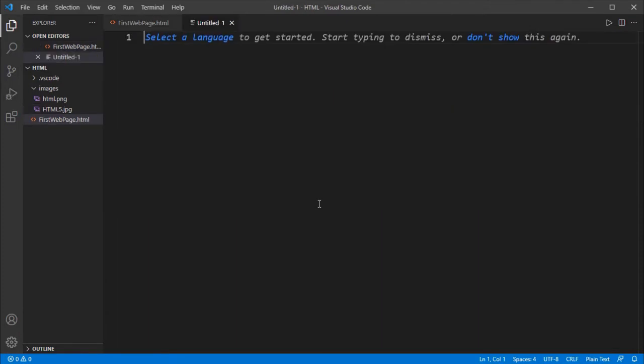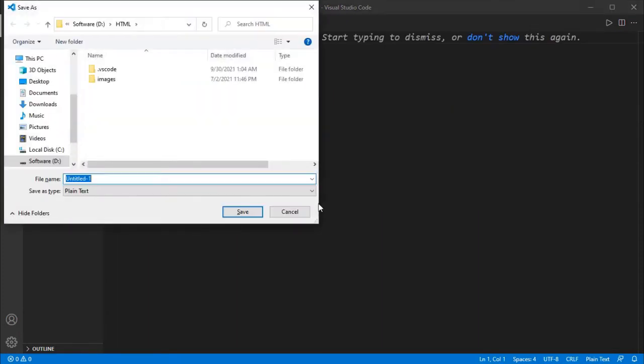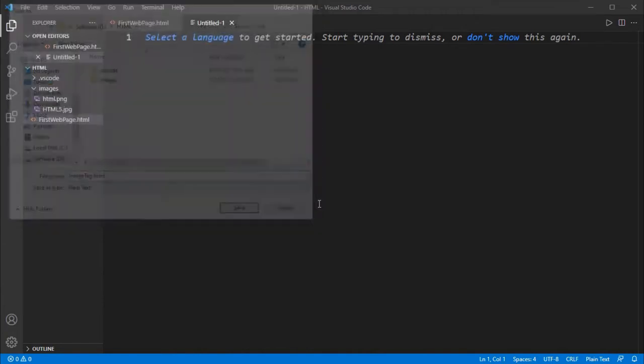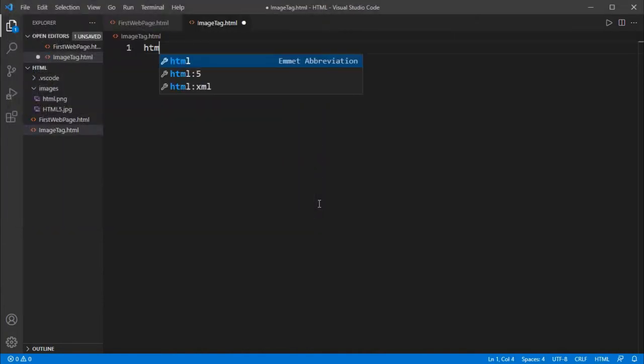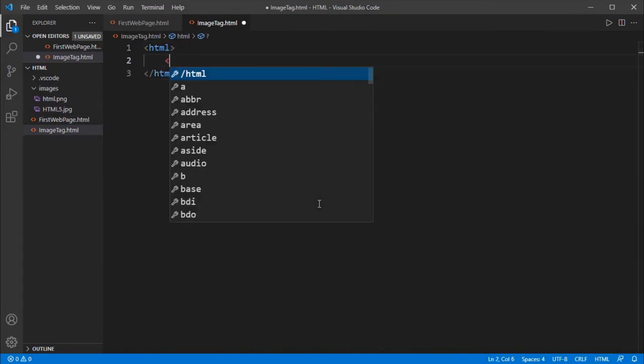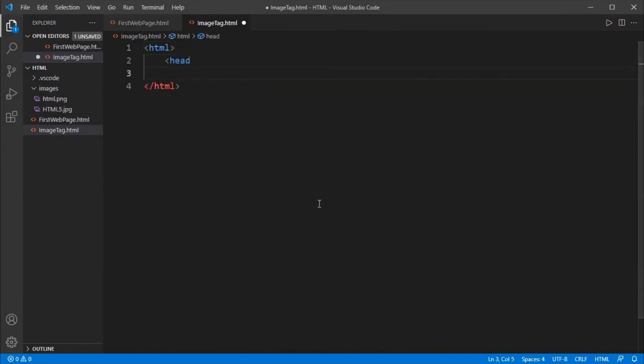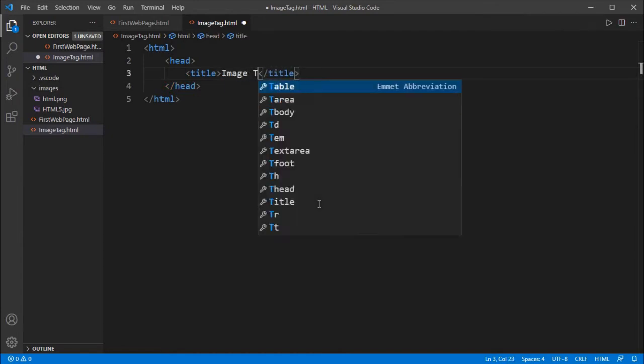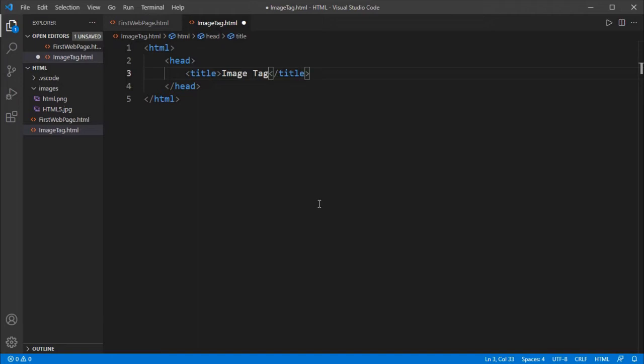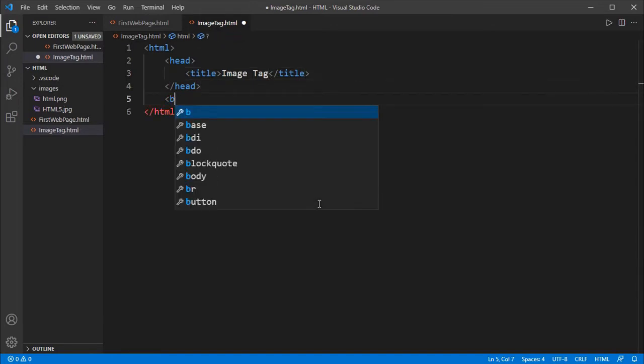Let me take a new file and save it as image tag.html. It has a mandatory tag, title: image tag is my title, and open body.